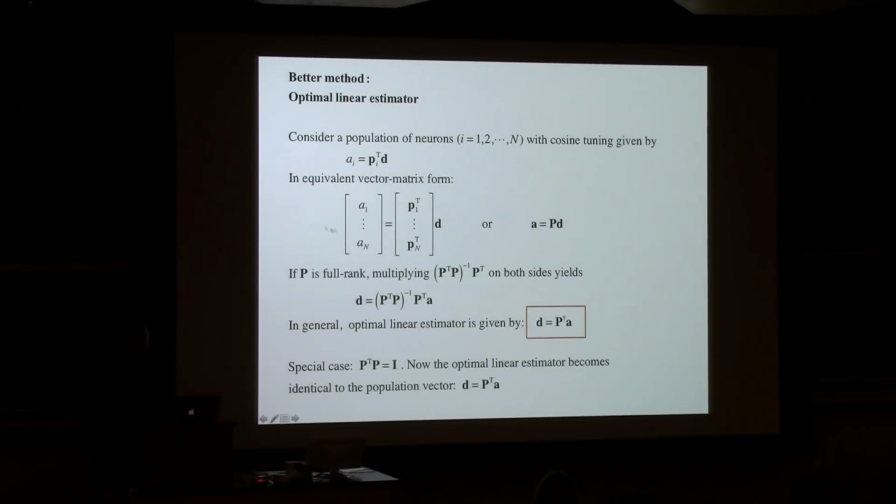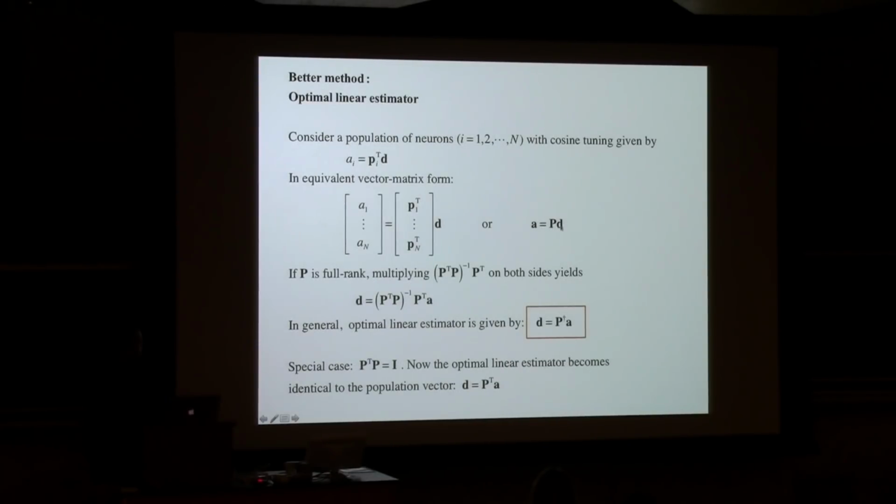We write it in this vector matrix form. So this is the activity, how activity depends on reaching direction. Right? You assume this is true. So if you write each of the scalar equations this way, you can write it as a matrix. This P is a row vector, so this whole thing is a matrix. They call it the big P, all right? Write it this way. So starting from this equation,